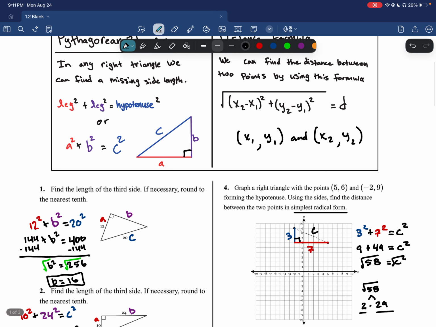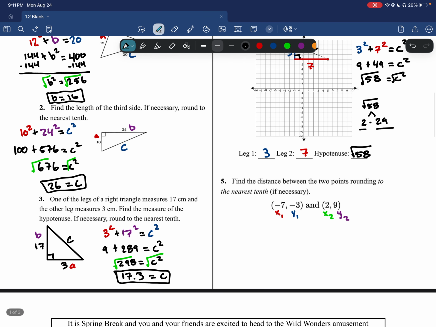I'm going to go through the formula. The formula is the square root, and it's kind of big, so I'm going to make mine kind of big. In parentheses, I've got x2, which in this case is 2. And the formula goes minus whatever x1 is. Remember, x1 is negative 7. We don't want to leave that negative behind. We include that negative there, okay? And that is being squared,